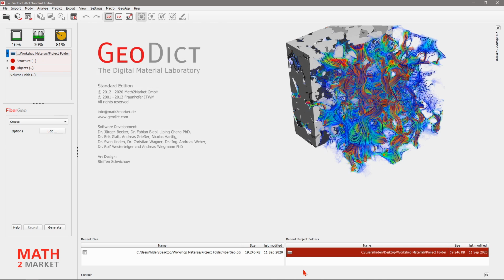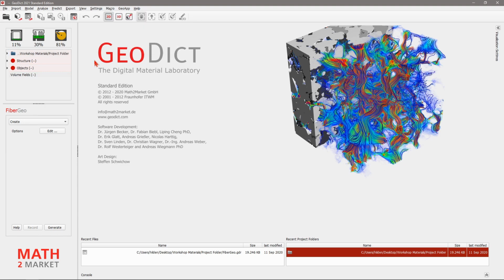So there are 2 possibilities to save commands in a macro. One way would be to start macro recording, then execute the commands in GeoDict that you want to record, and end macro recording afterwards with the start and end macro recording buttons. And the second possibility would be to record the commands afterwards. Both ways have their advantages. But we choose the second possibility in this workshop, which has the advantage that you don't need to know beforehand what you want to record. You can simply select the right commands afterwards in the session macro dialog.